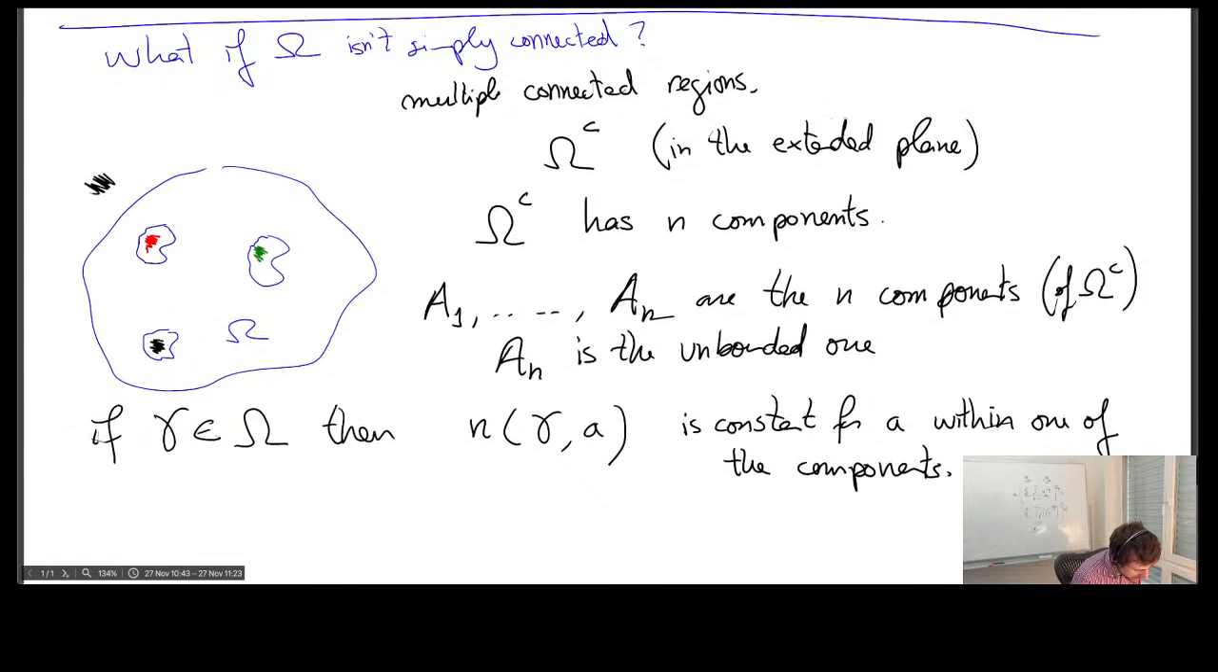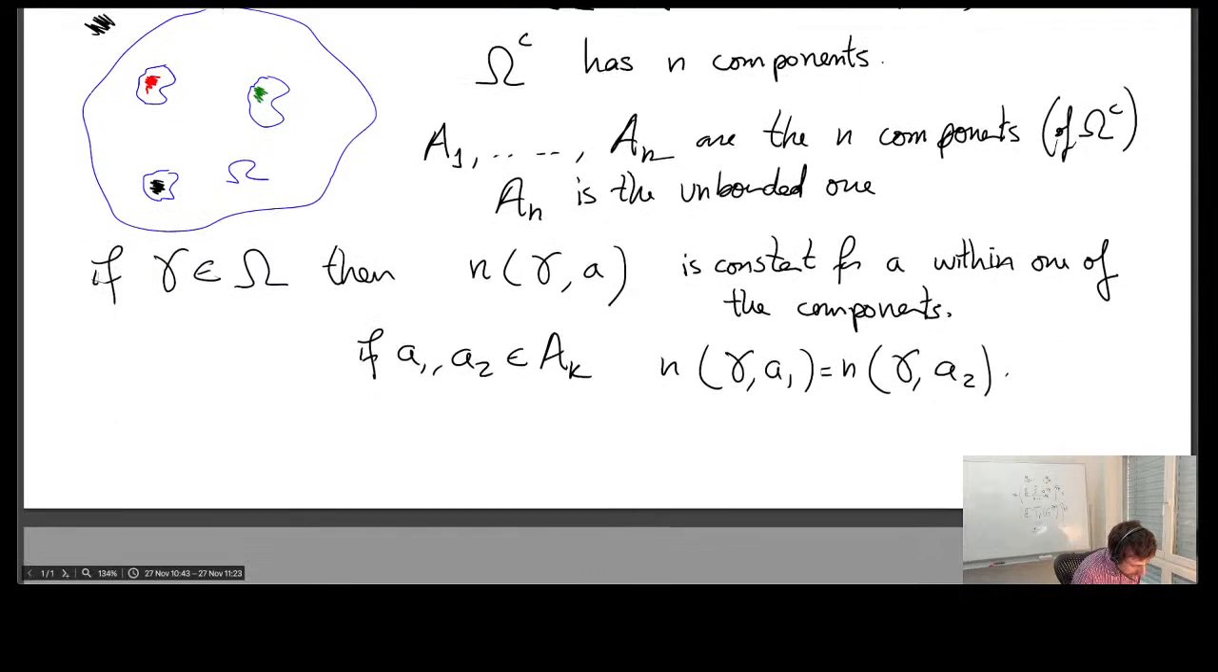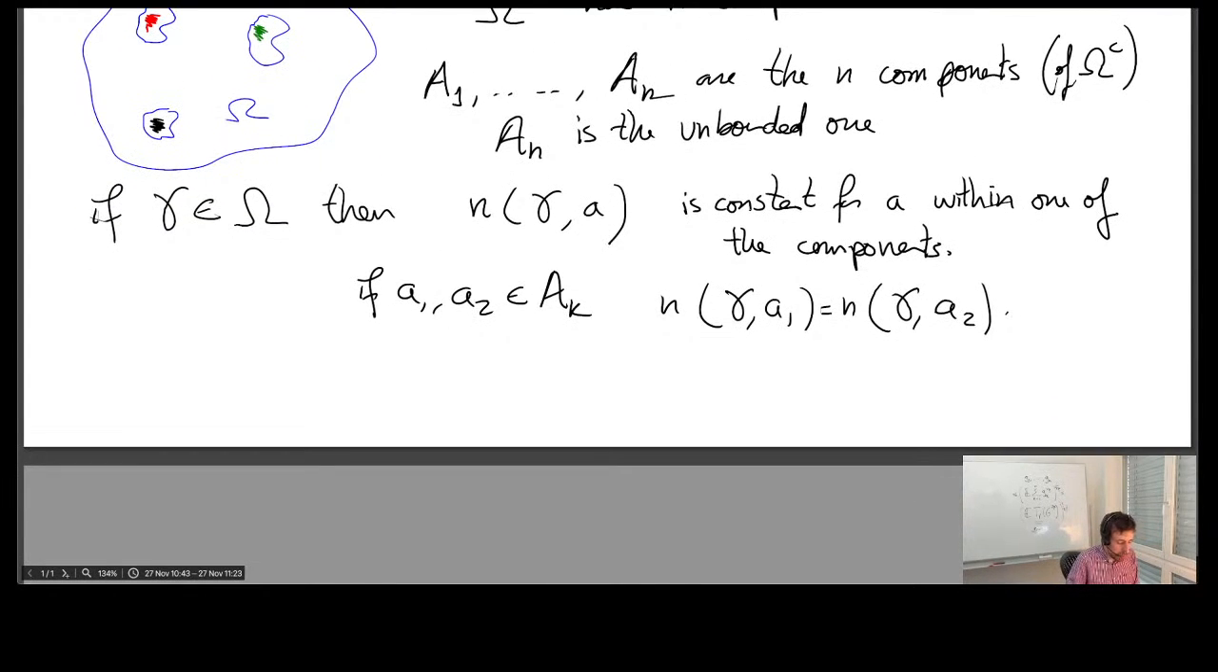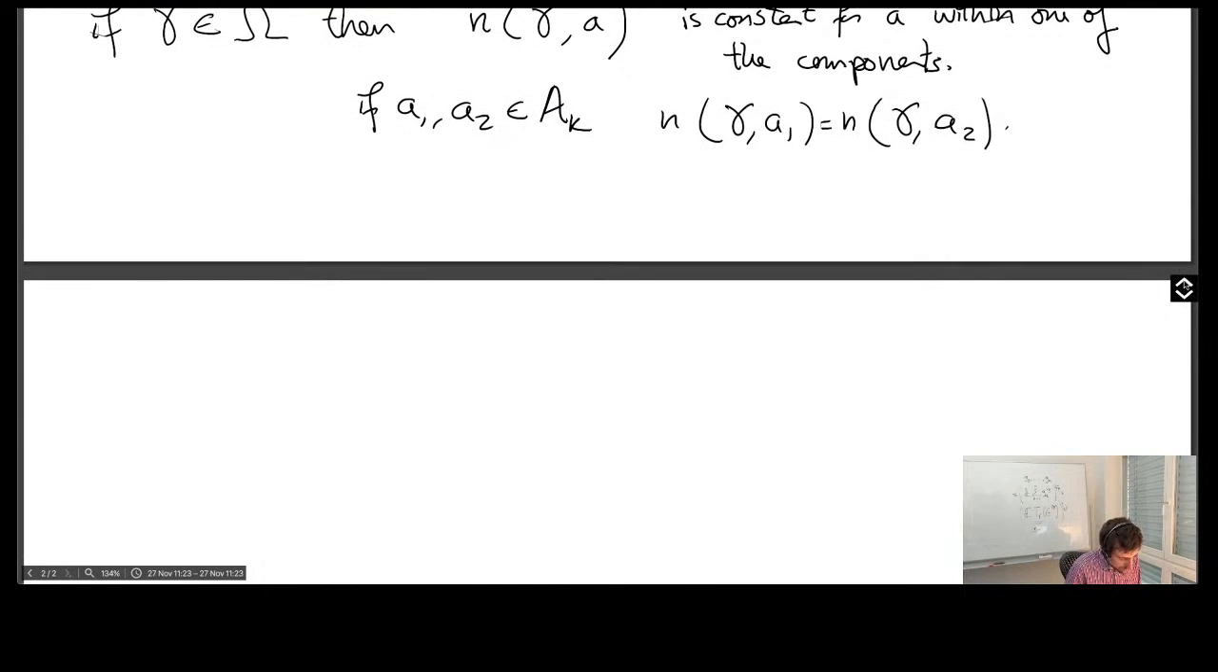Right, so what do I mean by this? I mean, if say A1 and A2 belong to the same AK, then the winding number needs to be the same. Right, we've seen theorems of this type. We've seen versions of this where we draw the curve and then we look at the regions that the curve determines,